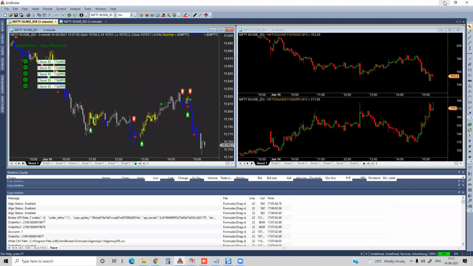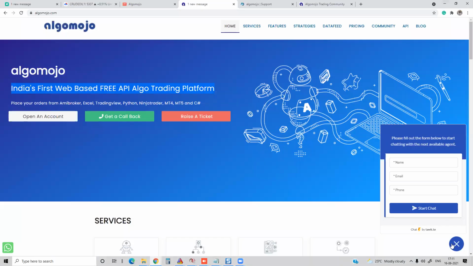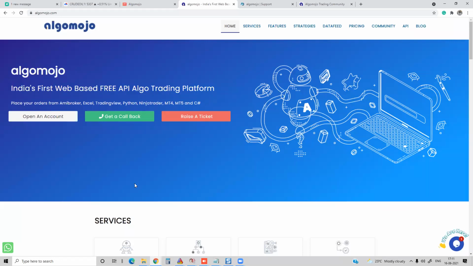Especially from TradingView, how to send multiple orders, and how to send multiple orders to multiple accounts using AmiBroker. Using AmiBroker and TradingView, I'm going to explain with a multi-client account. I'm going to reveal the modules next week as well. So far, the modules we kept are mostly under closed circulation. But from next Wednesday onwards, we're going to go open source. Anybody can download the module.